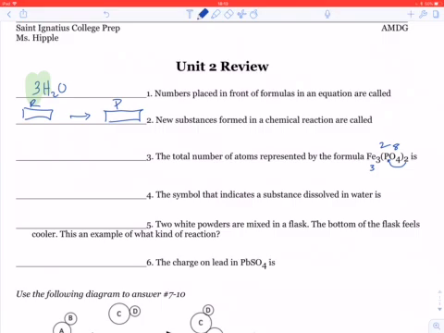Symbol that indicates a substance is dissolved in water. I would hope you know this symbol, and it's standing for aqueous. So aqueous compounds are ones that are dissolved in water. We don't have to take into account the water in the reaction. We're kind of assuming that it's there. What it's really meaning is that water is not really a player. It's not really involved in the actual chemical reaction,